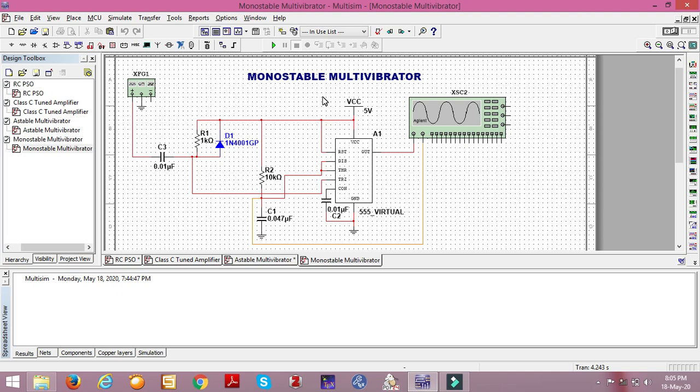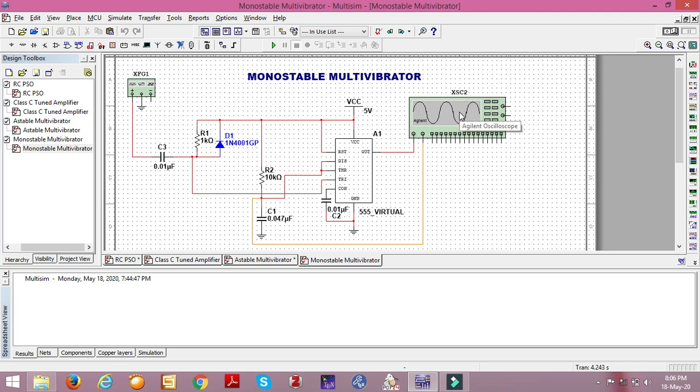Once the trigger is given, it will go to the unstable state, and it will be retained in the unstable state until some time delay elapses. It will produce a time delay up to a certain period of time. Later it will go to the stable state, and next it waits for the next trigger. Once the negative trigger is applied, it will start producing delay. It is mainly used to produce a delay.